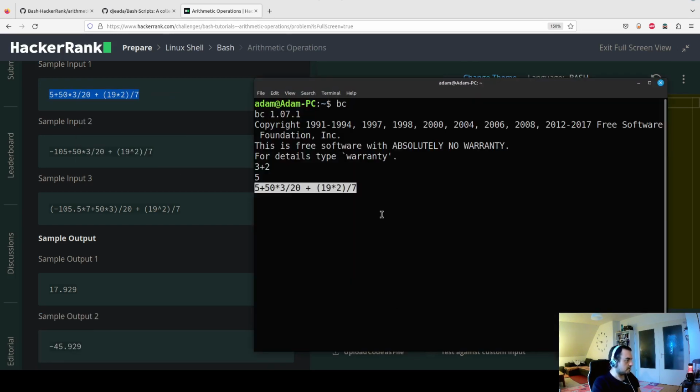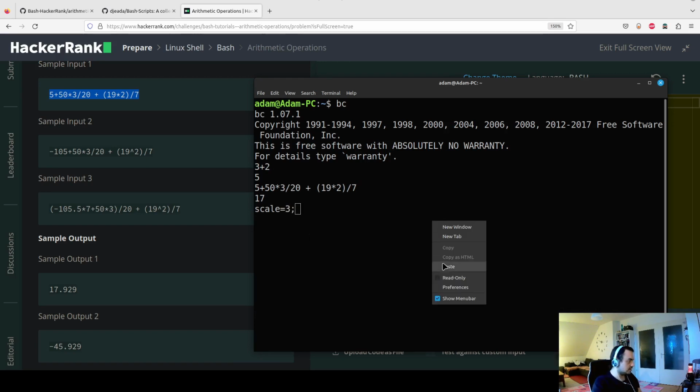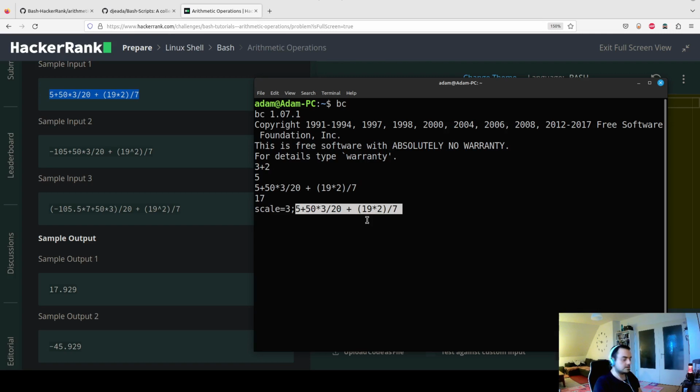If we copy and paste it, it gives us the answer 17, but they wanted the answer to be rounded to 3 decimal places, and you can set the scale in BC using simply the scale command. Scale is equal to 3 this time, and after a semicolon our expression, and now we are getting